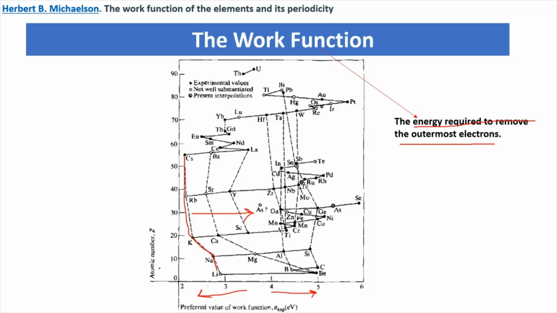Take these elements over here, which have the lowest atomic number but still have the highest work function. Why is it so? They have the highest work function despite having the lowest Z because the electrons are more tightly bound, closer to the nucleus, and that makes electron emission more difficult compared to cesium over here, which has its electron far away from the nucleus, and thus emission of the electron becomes easier. So this diagram shows you the different patterns of work function of different elements, and this is the work done by Michelson.